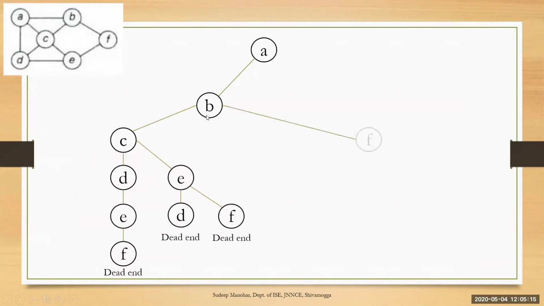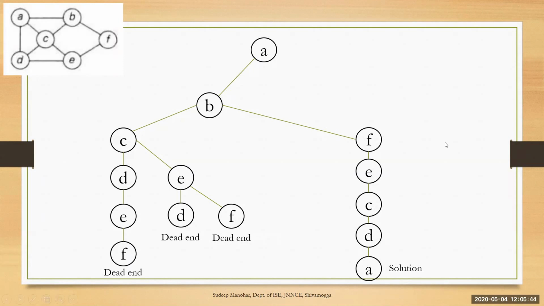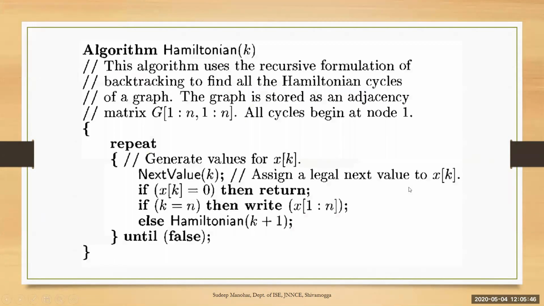So if you look at this, this is one of the Hamiltonian cycles. This cycle you have obtained via B from A to B. You can choose from A to C also. There is a path from A to C. So while backtracking, if you come back to B, you will find another path. If you come back to A, from A you will find another path. You can use that also, isn't it? So you can find more than one Hamiltonian cycle. So this solution gives only one cycle. And what this statement tells us is that this algorithm finds all the Hamiltonian cycles, not just one.